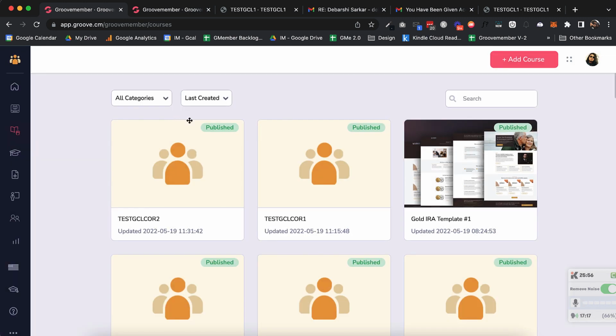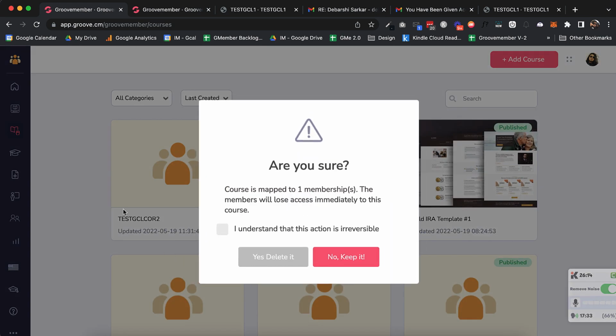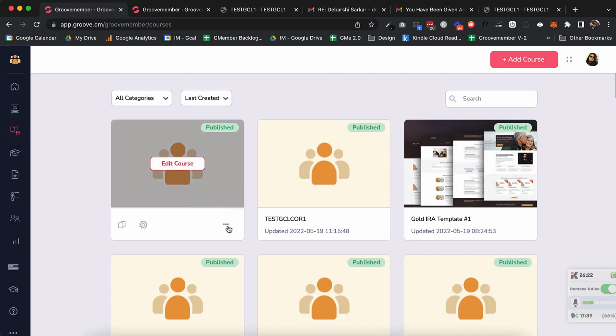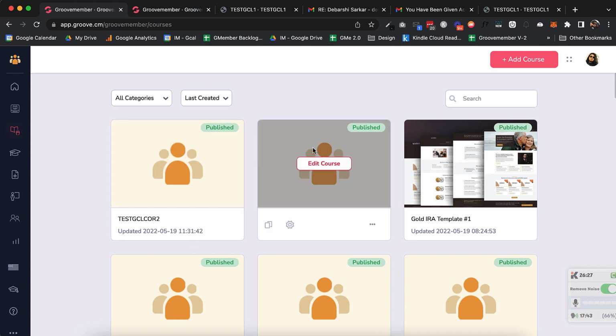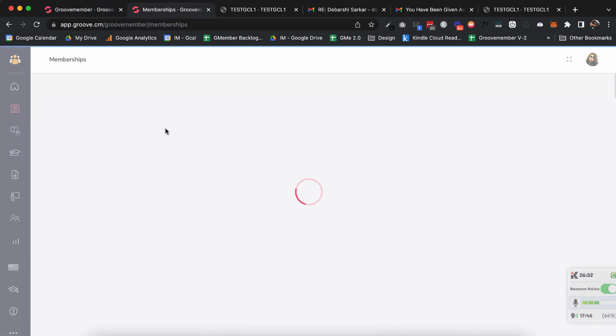Right now, with respect to time, we didn't get time to create a separate archive management. But whatever we are deleting is getting archived in a different file, and then we can keep that for like 30 or 60 days, and then after that delete it permanently. Okay, but here it says whether you want to delete or not. We can get the archive interface up soon when we have time. Okay, so now the other thing is, let's go inside a membership,